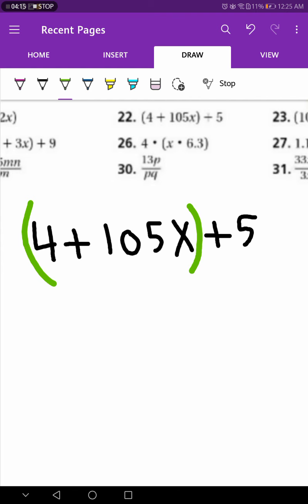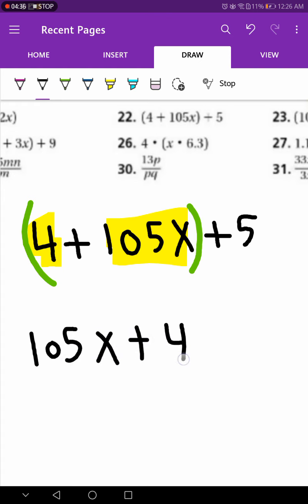And my point here is to make the numbers beside each other, near each other. So the first step, just switch between this term and this term. It will be 105x plus 4. So my dear students, the first mission, make the numbers together,